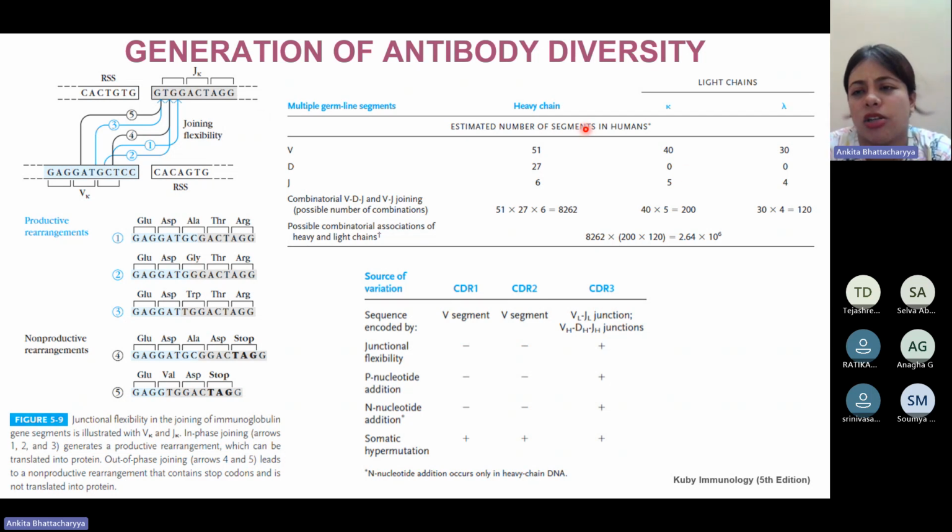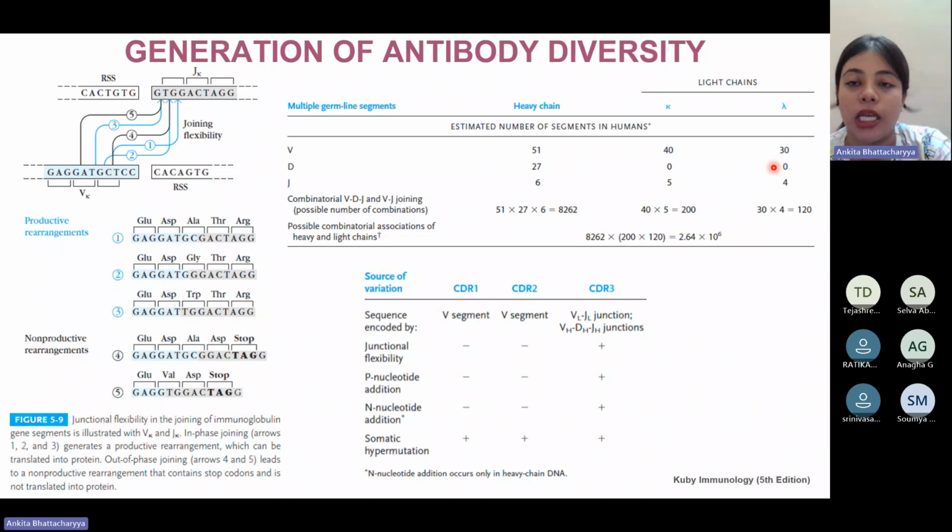This table also had information about mouse. I did not think it was relevant, so I did not include it. If you are interested, please go back to the book. These are all part of Kuby, so you can refer to Kuby for any conceptual difficulty that you might face at any point of time, because it will have information